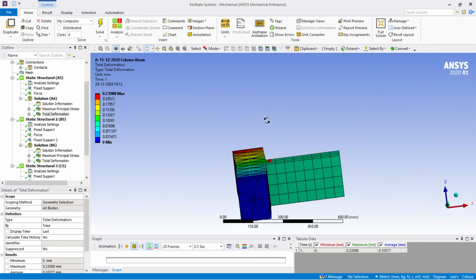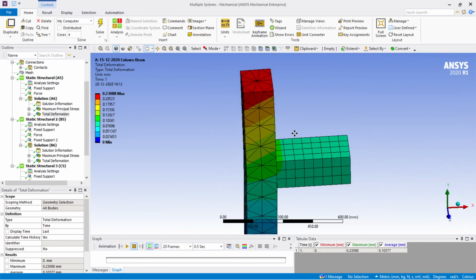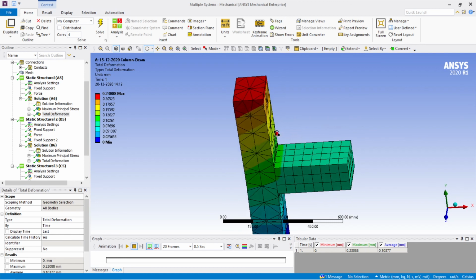So in this way you can analyze a beam column joint. Okay, so you can see the maximum principal stress. We usually see the maximum principal stress because we don't go for the von Mises test, that is the equivalent stress, because that is valid for ductile materials.